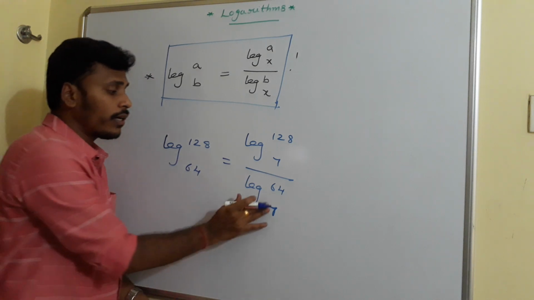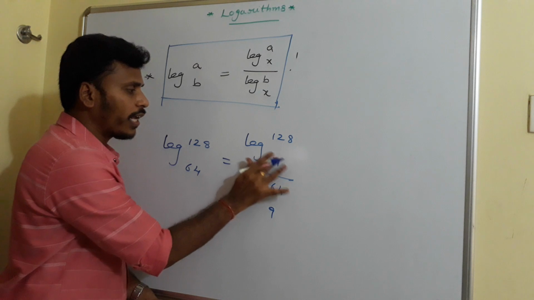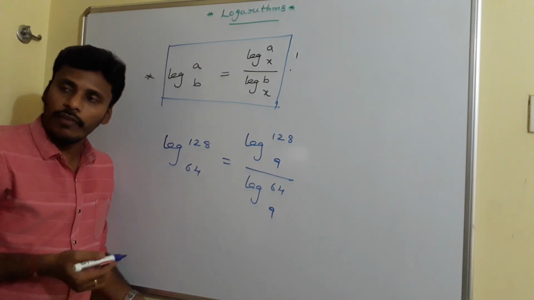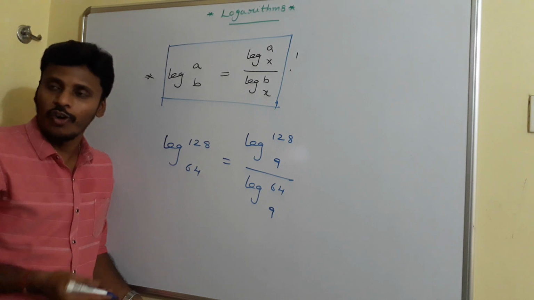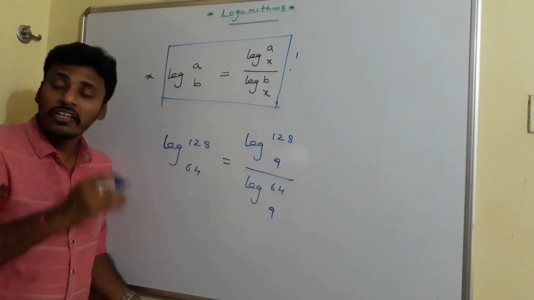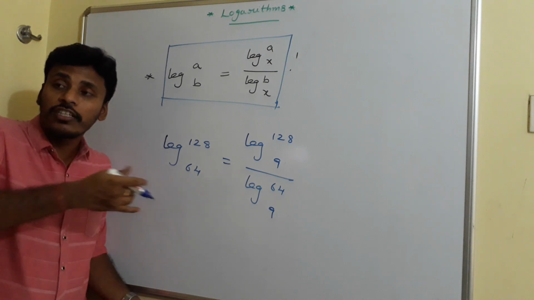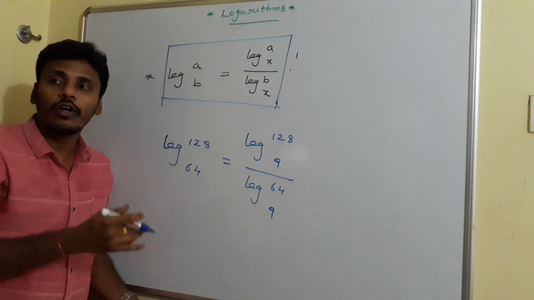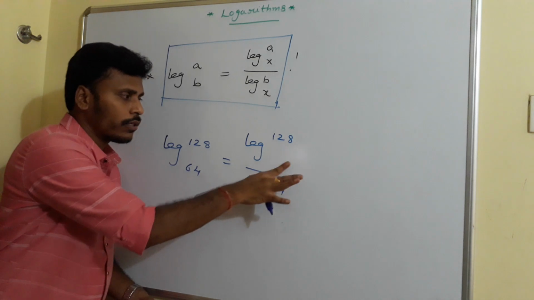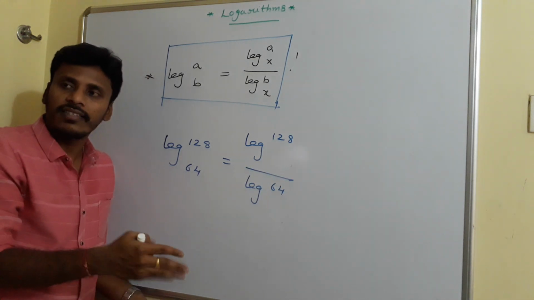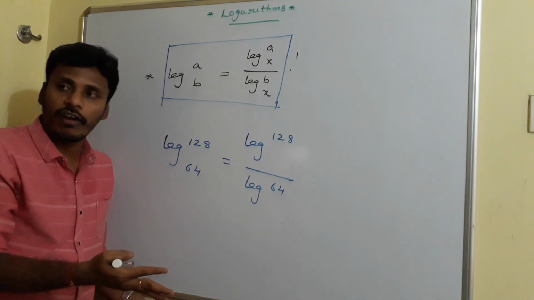But if anybody's lucky number is 9, you may take 9. But as mathematics students, every number is lucky for all of us. So don't concentrate on lucky numbers. You need to concentrate on the numbers which are helpful to simplify. So don't take this 9 also. You have a chance to take any number, right? You have an independent chance. Take 7, take 9, take 19, take 100.